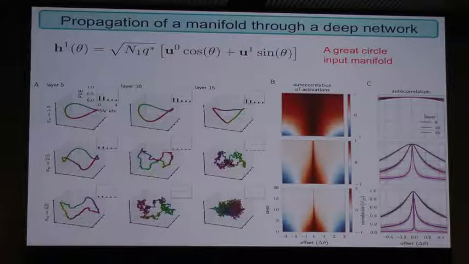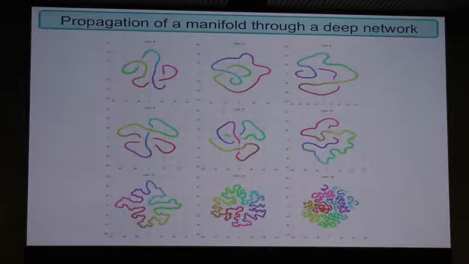Now the question is, what's actually going on here? It looks like the radius of curvature of the circle is tightening with depth. The first surprise of our work is that that's actually a total illusion. It's an artifact of dimensionality reduction. Now this is PCA, so lest you think it's an artifact of linear dimensionality reduction, I want to assure you it's not. If we use t-SNE, then we see the same thing. This is in the chaotic regime propagating through the various depths. The radius of curvature of the circle under t-SNE plots is also tightening with depth. But again, I want to show you that that's an illusion and there's something very different going on in these networks.